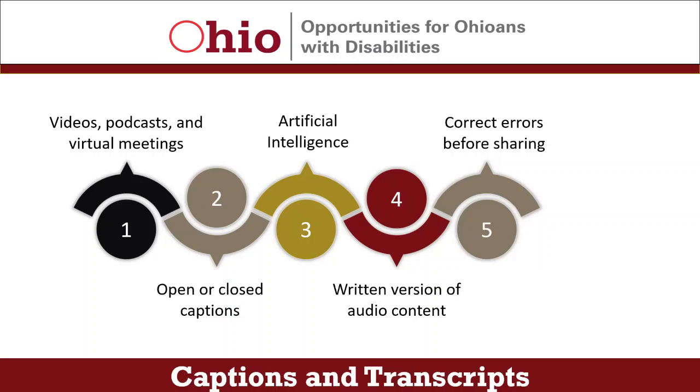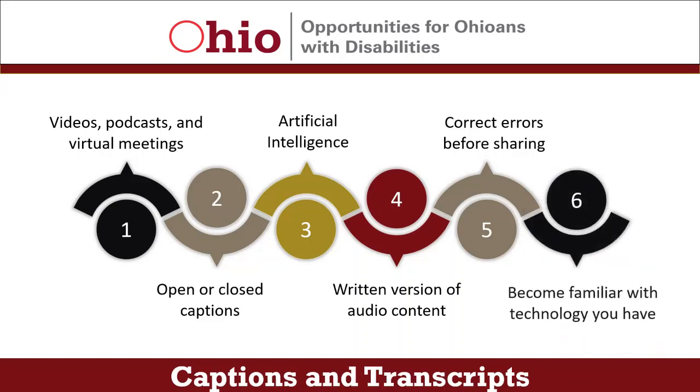When you are correcting errors, it is also important to indicate in the transcript who is speaking if there is more than one presenter. So the simple solution for making audio content accessible is to become familiar with the technology you already have. These tools are a great starting point. It may just require keeping a few steps in mind, like learning how to turn on captions and how to correct errors in transcripts. And remember that at times, arranging for a trained stenographer to provide live captions is the best solution over using AI.